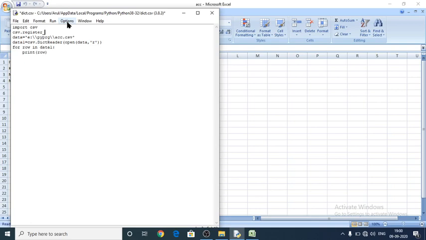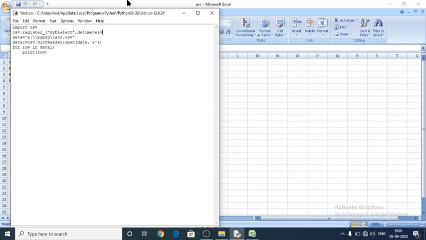So next, we are going to give my dialect. Here we have to give the delimiter, what delimiter we want to use.